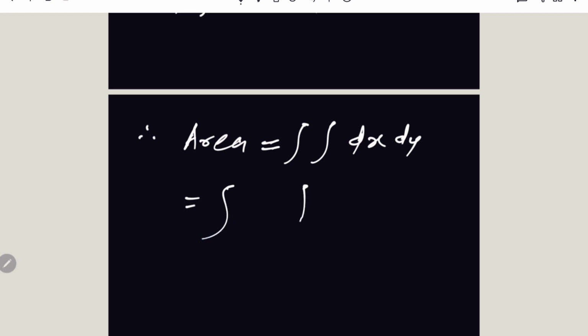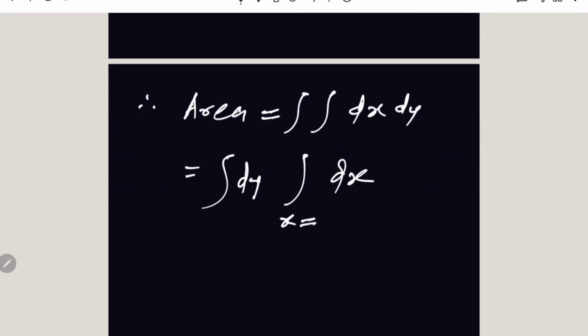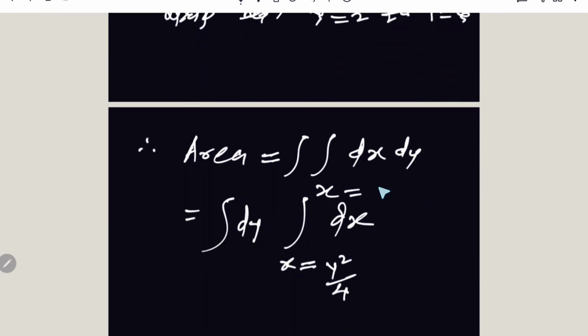We have to obtain the area, and the formula for area is double integration of dx dy. Here we are integrating first with respect to x and then with respect to y. Limits for x are, lower limit is y square by 4, and upper limit is x is equal to, that equation, (3y minus 4) by 2,